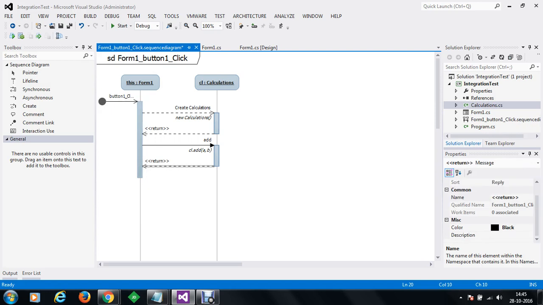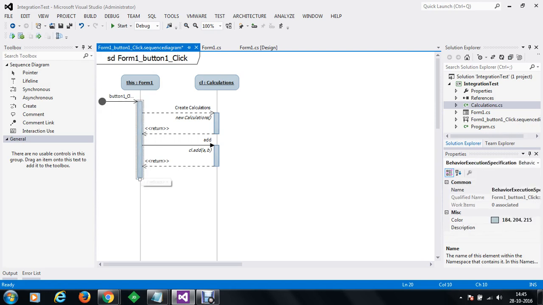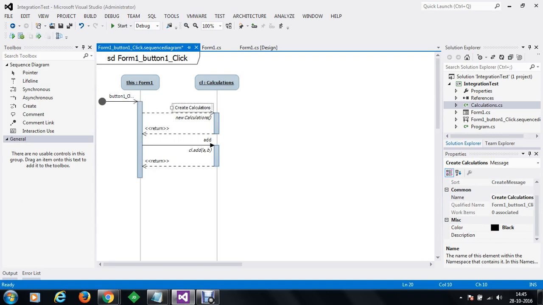This blue section defines your method body. First, calculations were created, which means a new instance of calculations is created using the method new calculations, and the object is returned to your main method.